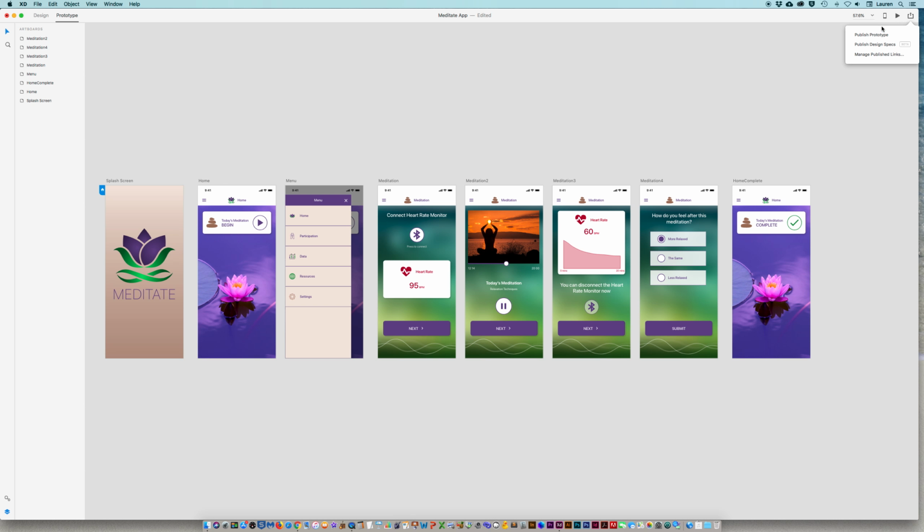We can also publish the prototype, and by publishing the prototype, we can share the interactive prototype for others to actually click through without even having to open Adobe XD on their own. So we have some options here. We can allow for comments,